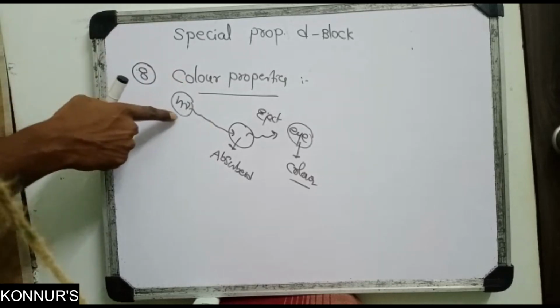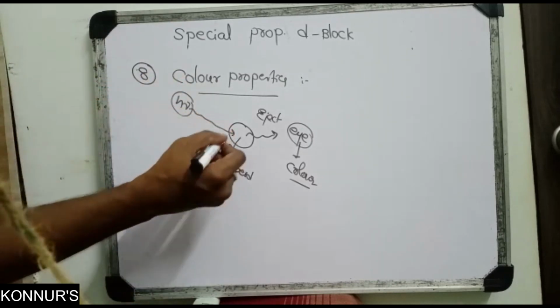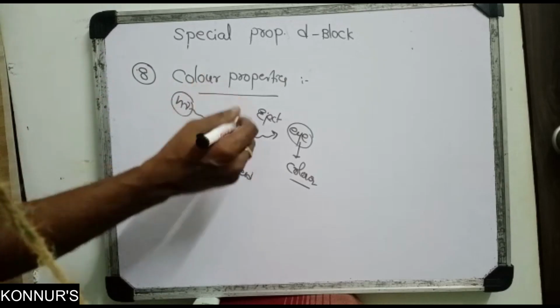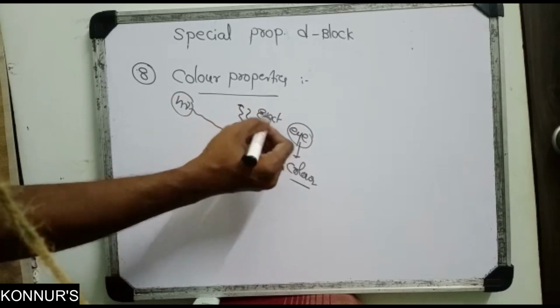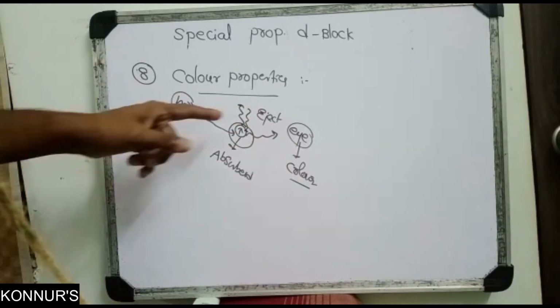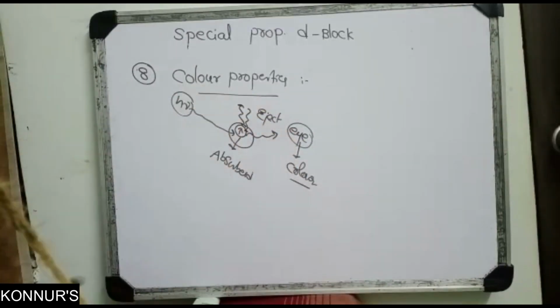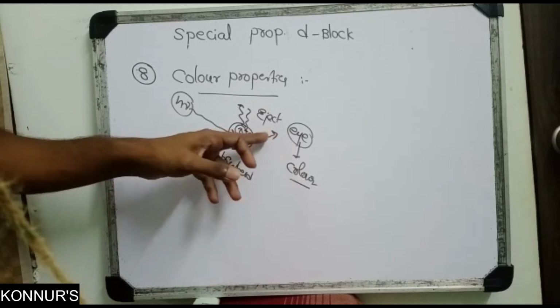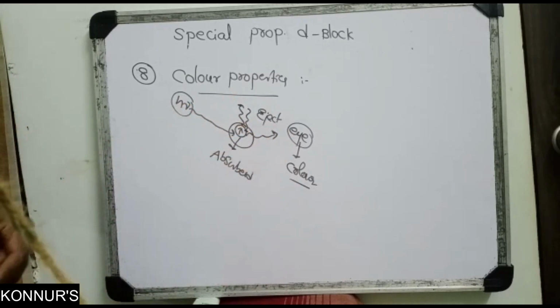Who is responsible? Suppose we are sending light, who takes that light first? Here, the unpaired single electrons jump up and come down, and in the meanwhile that light comes outside. If the outgoing light is in the VIBGYOR range, only then will your eye identify it as a color. If the outgoing light is UV or IR, you can't identify it as a color. Now, based on this,